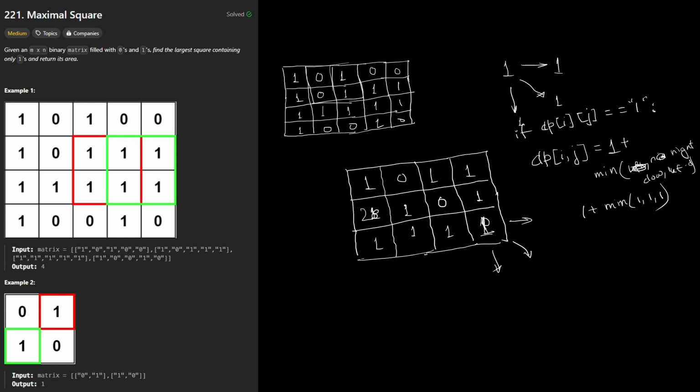Similarly, we are going to visit this index. What will be the value on the right? It is 0, so it will remain the same. If any one of them is 0, it's going to remain the same. If it's 0, then we need not check. Similarly, we can go to this index and this one, and all of them are going to remain the same. And if we come to this position, it is 1, but the value in the right cell is 0, so it is going to remain 1 as well. Now, whatever the decision tree or the dynamic matrix that we created,